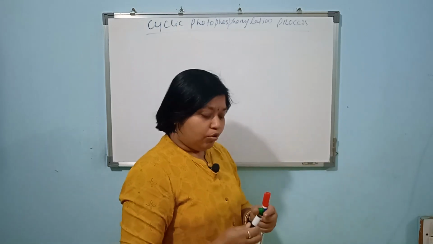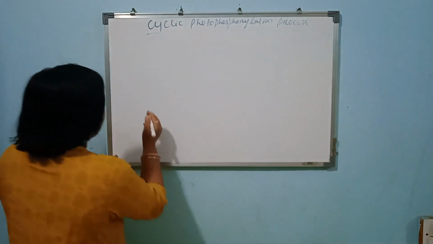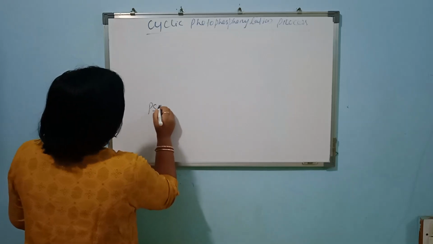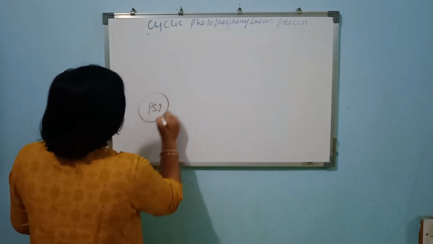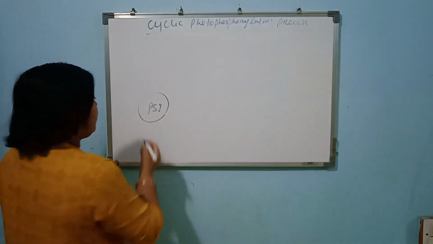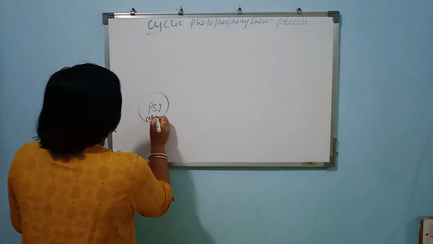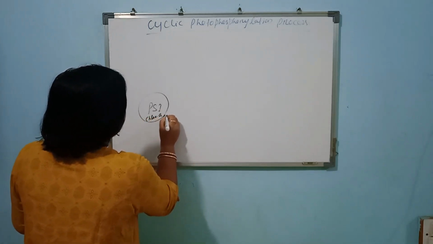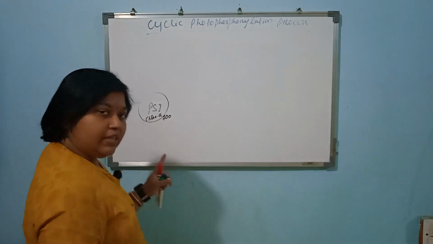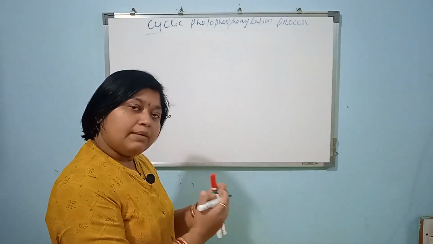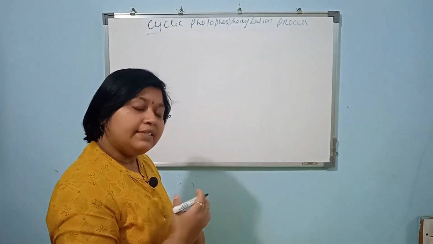But in the cyclic photophosphorylation process, only pigment system 1 is taking part. In this pigment system 1, chlorophyll A700 acts as the reaction center, because when it gets light of 700 nanometer wavelength, it gets excited